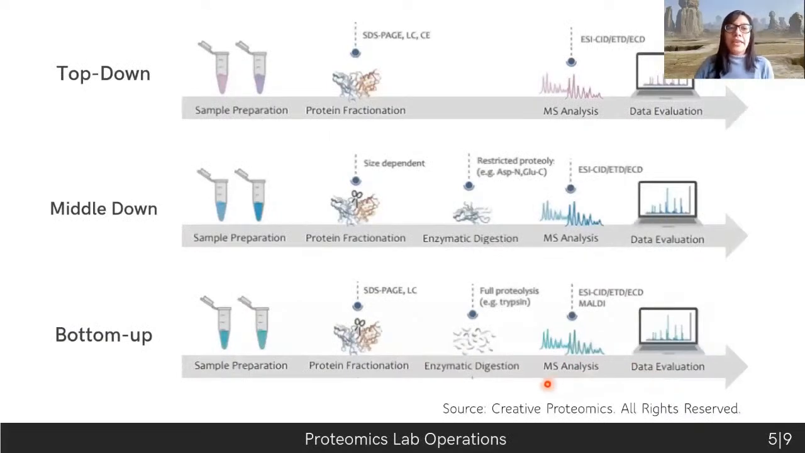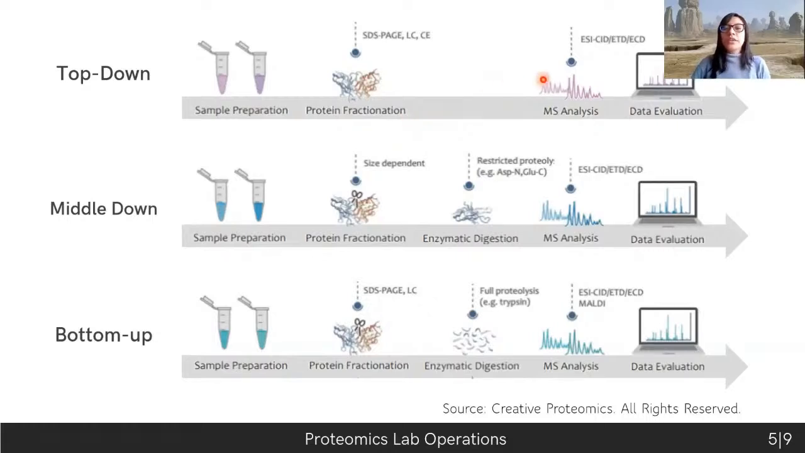So proteomics analysis can have different steps depending on the approach that is used. For example, here we have 3 different proteomics approaches: top-down, middle-down, and bottom-up. They are different because they also depend on the biological question that you want to answer. So for example, in top-down,